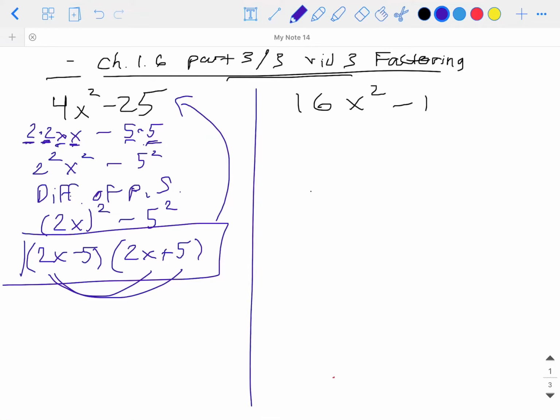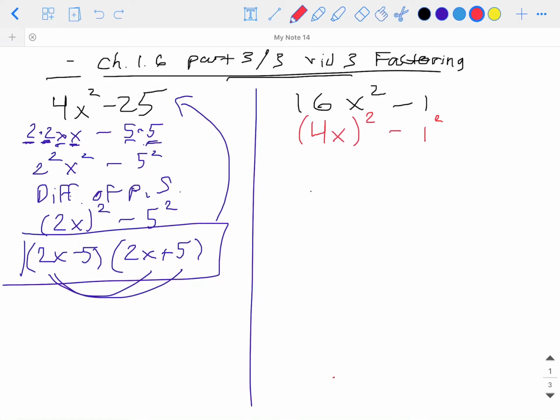4x squared minus 25. Same thing goes with questions like 16x squared minus 1. 16x squared can be rewritten as 4x to the second power, because when you distribute the power 2, 4 times 4 is 16, and then x to the second power is x to the second power. Minus 1 can be written as 1 to the second power. 1 times 1 is 1, which is valid,